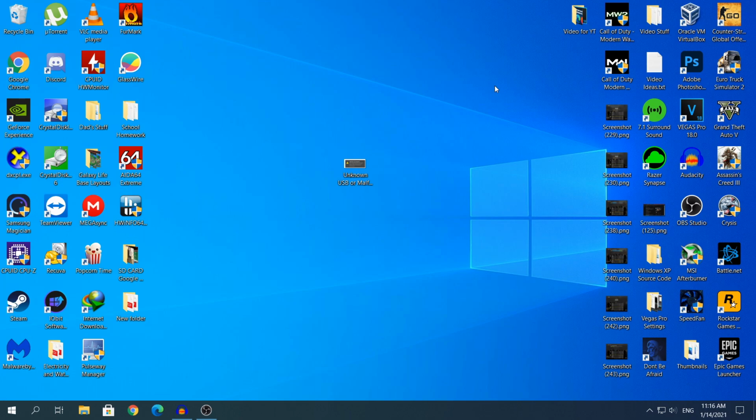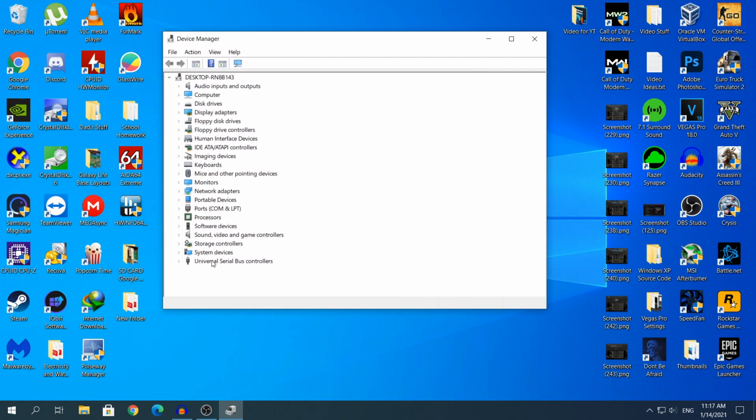If you plugged in your USB in one of those three devices and it works perfectly fine, then the problem will be Windows or the ports themselves. So I'm going to tell you right now what to do. So what you need to do, right click the Start button and click Device Manager. And once you open Device Manager, you will see the bottom one that says Universal Serial Bus Controllers.